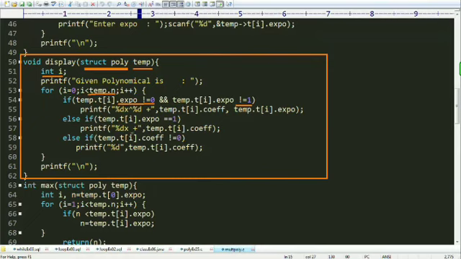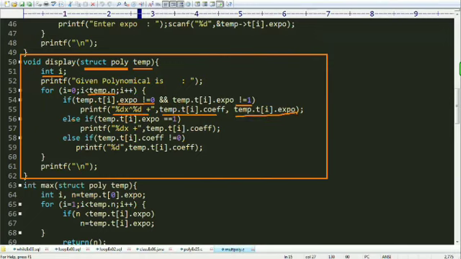Then I'm presenting printf like this: percentage d x caret operator percentage d. The first percentage d represents the coefficient and the other percentage d represents the exponent present in that term.